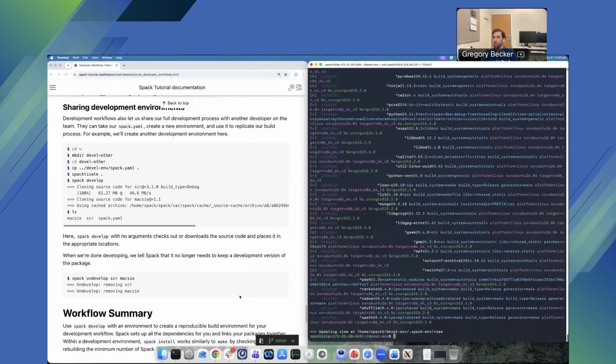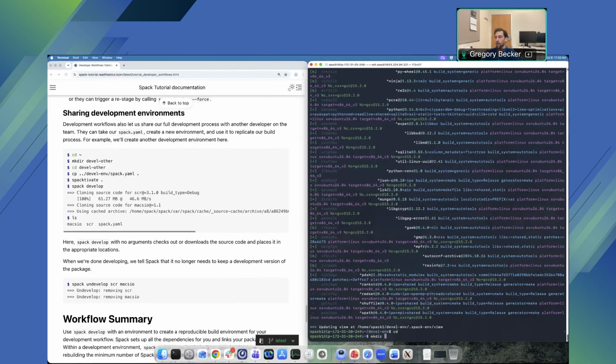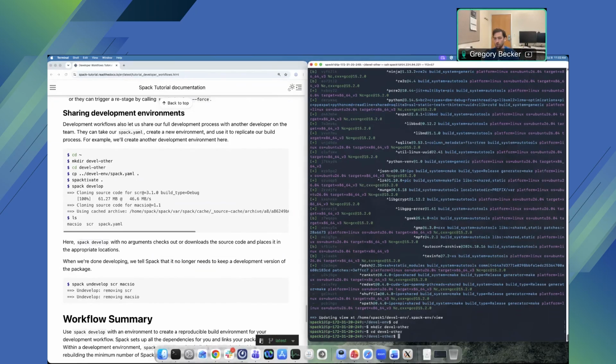Now I'll talk more about sharing development environments. So if I want to share this development environment, I'm going to make a new directory. And this is just to simulate being another user, handing it to someone who doesn't already have it. I can copy this